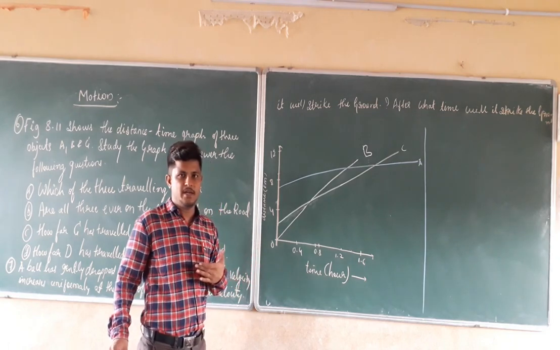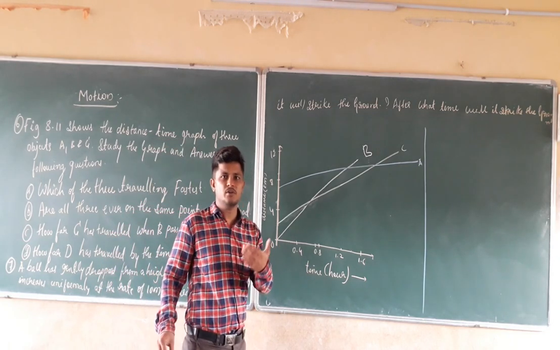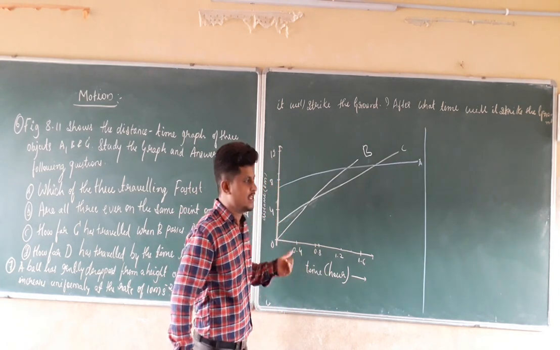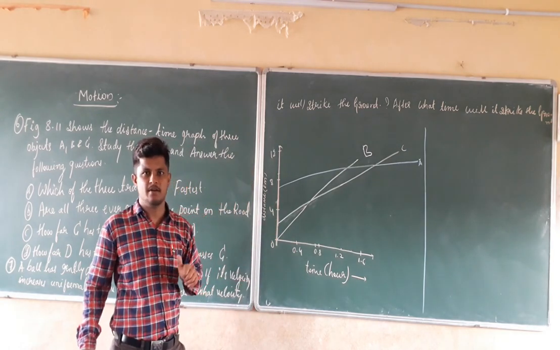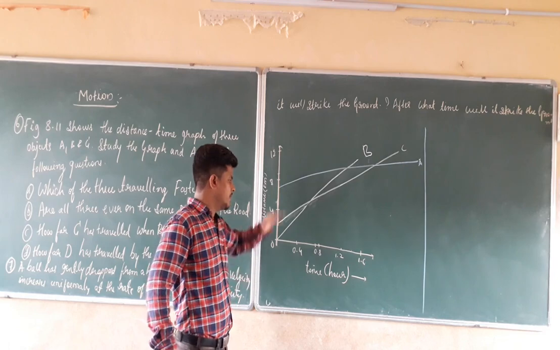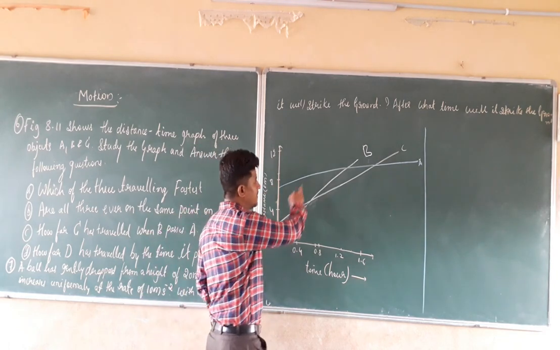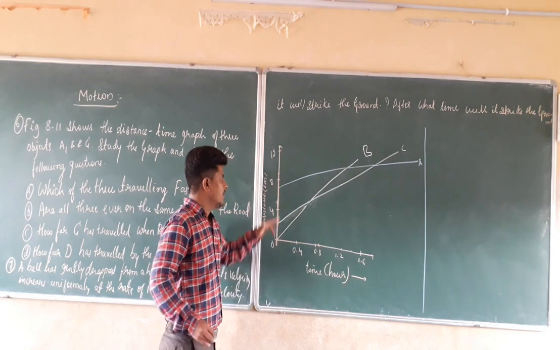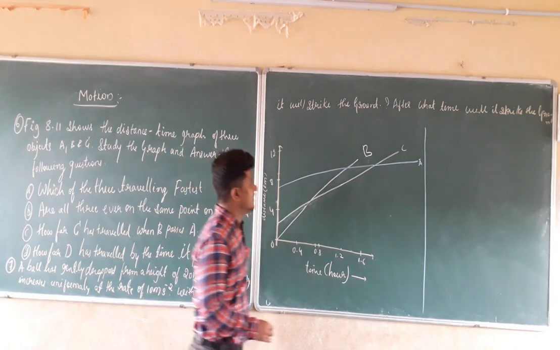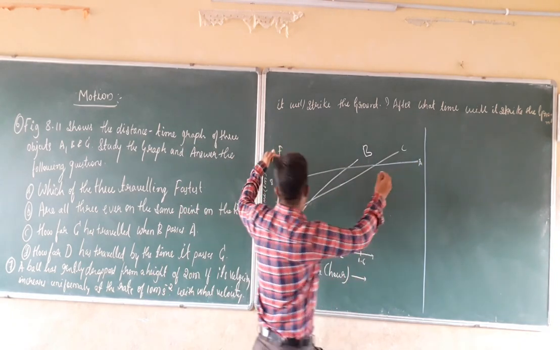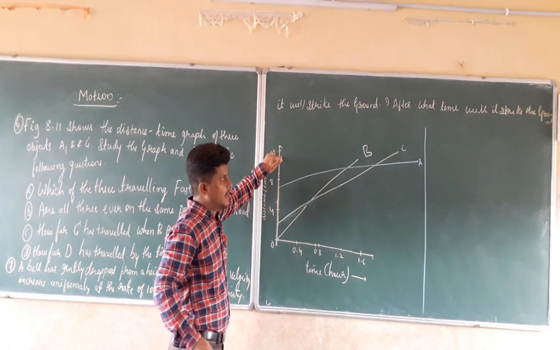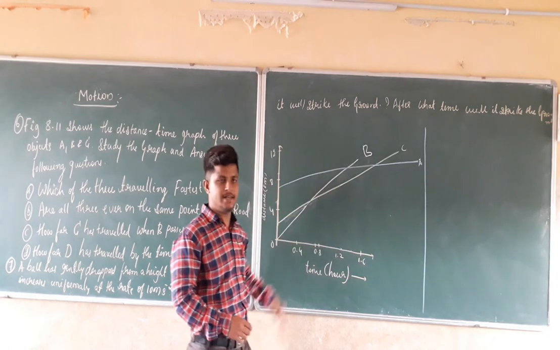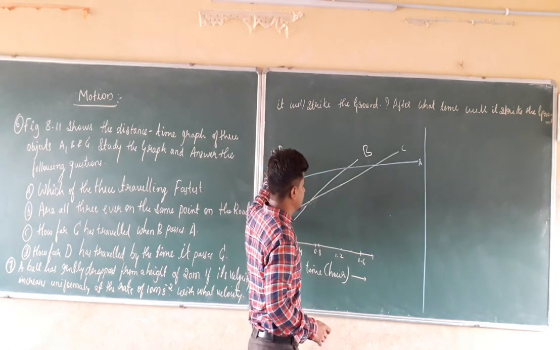What will be the maximum speed? How are you going to calculate the maximum speed here? If the time taken is less and the distance covered is more, then we can say that the speed of that object will be maximum. When you study the graph, first take A. This side is distance and this side is time. When you compare A with B and C, A covers this much distance up to this point. For covering this much distance, how much time is it taking? It is taking much more time than B and C.